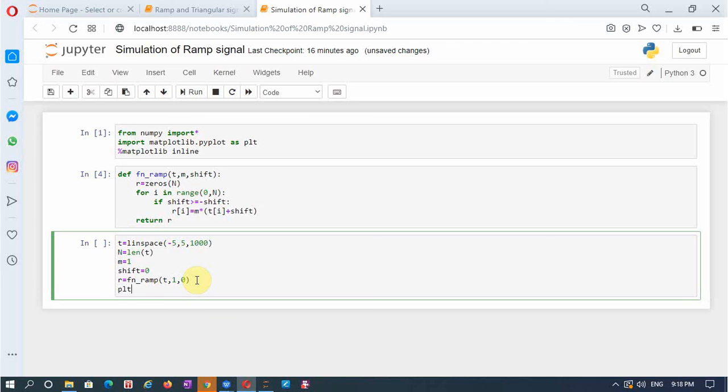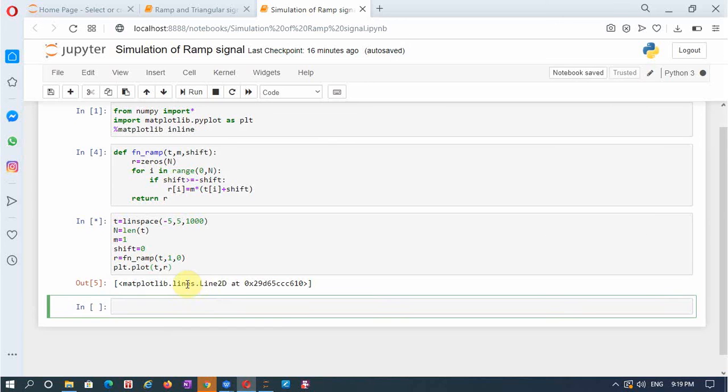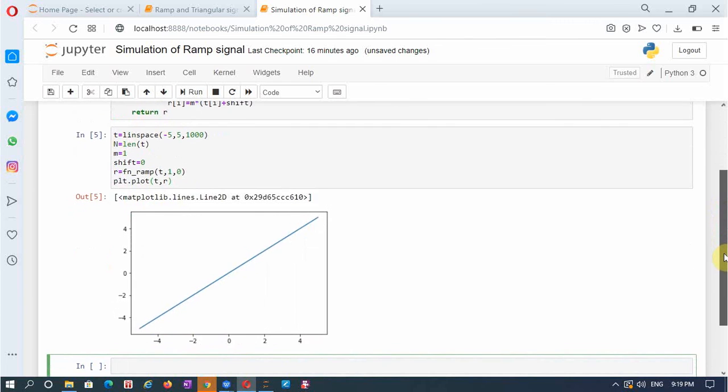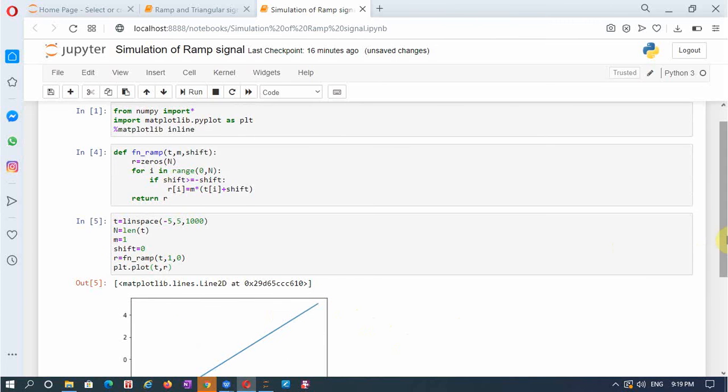So plt dot plot, what we have to plot on the x-axis I must have t, and on the y-axis I must have r. Okay, let me run this. So you see here it is a ramp starting from 0.